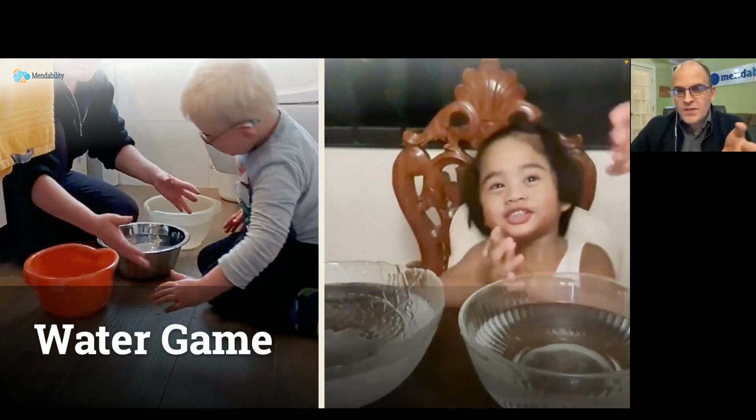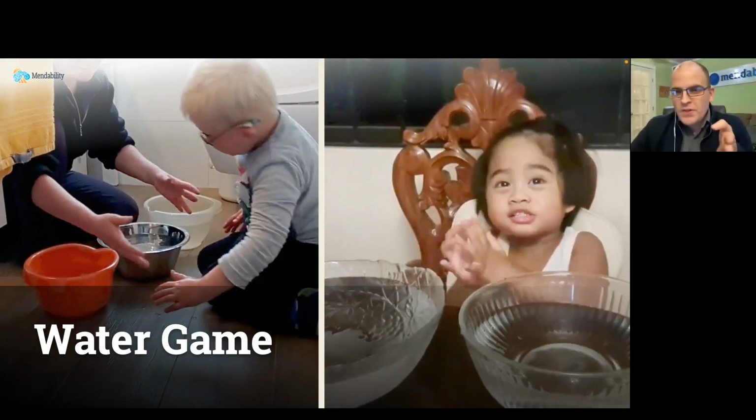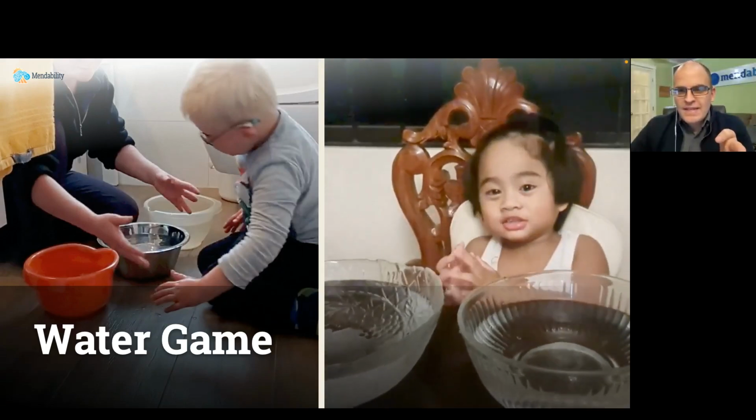So if you want to do the water game, maybe what you want to do right after it is some kind of soothing protocol. The gentle claw and smell that we just described earlier is a very good way of soothing the brain. So if you want to do those two games, I would say do the water game, and then right after that, a nice pleasant smell with a nice pleasant touch.